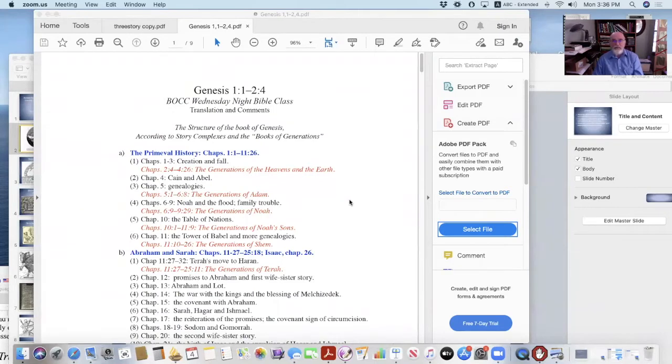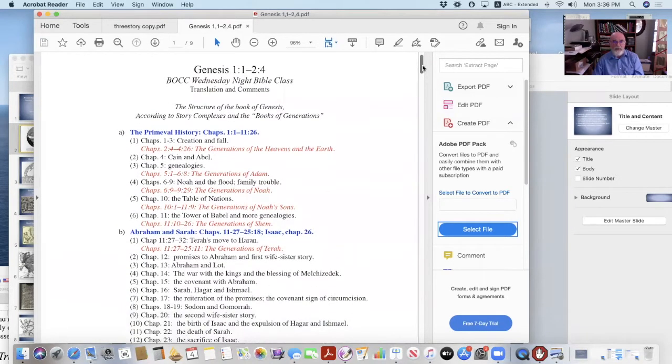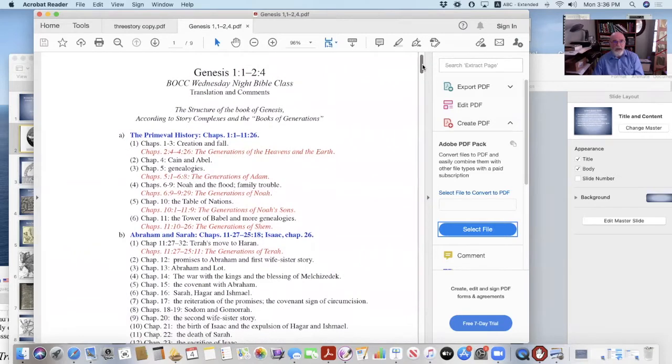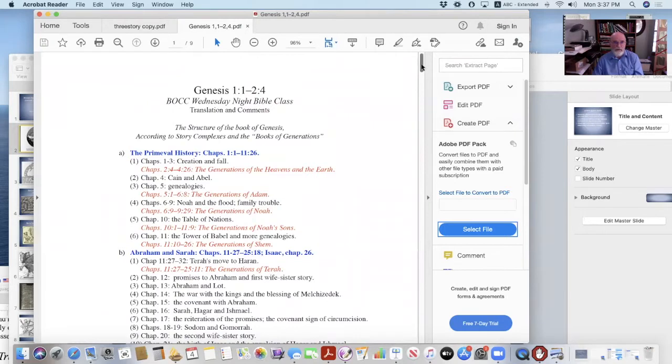These are my notes that you should be able to have access to, and I think Pam Fowler can get you access to these notes. Not a lot to say about these first couple of pages, except in terms of the structure of the book of Genesis that will be followed throughout the course of the next couple of months or few months. There are a couple of ways of understanding how the book of Genesis is laid out. One of those is simply by the story